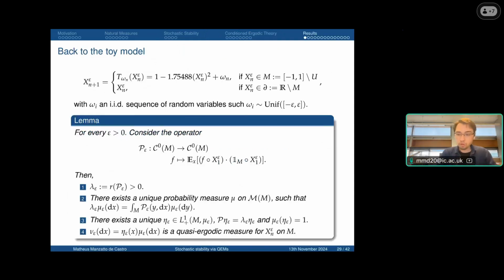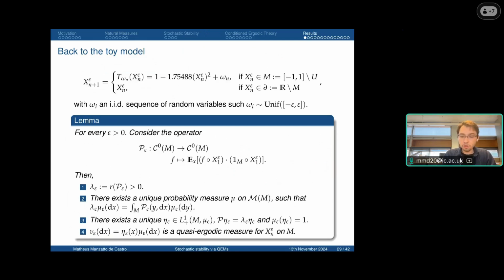Going back to our toy example, it's just the logistic map with a bit of noise. The first thing that we have shown is that the conjecture holds for this map, the folklore conjecture. If you look at this operator, you can show that the spectral radius is greater than 0. And when you combine right and left eigenvectors, you obtain a quasi-ergodic measure. So you are in a good situation to start looking at the problem when